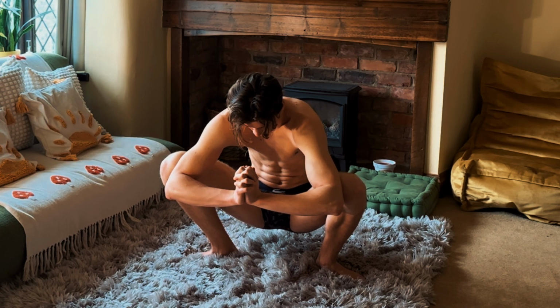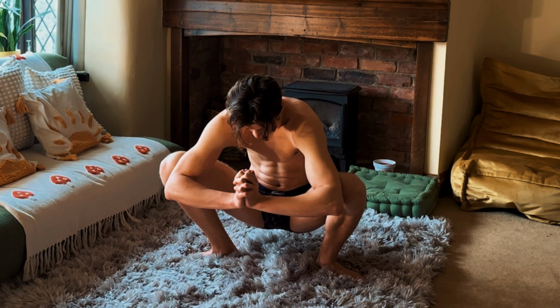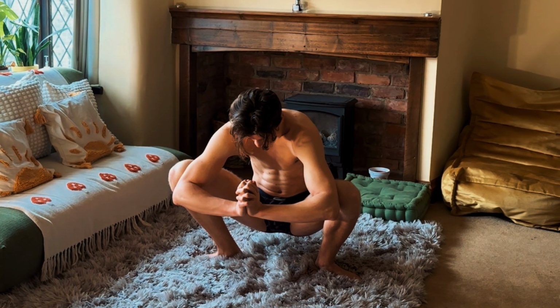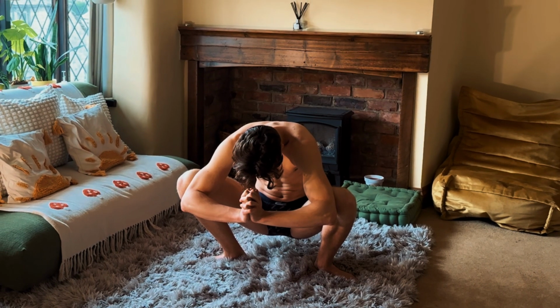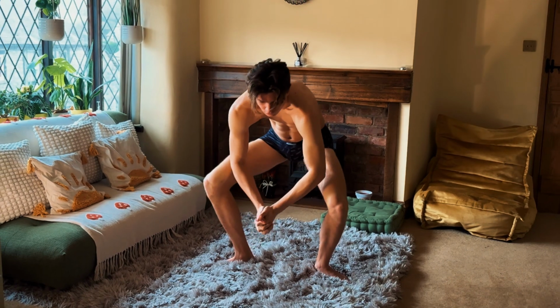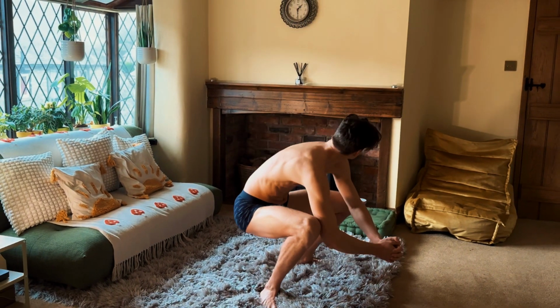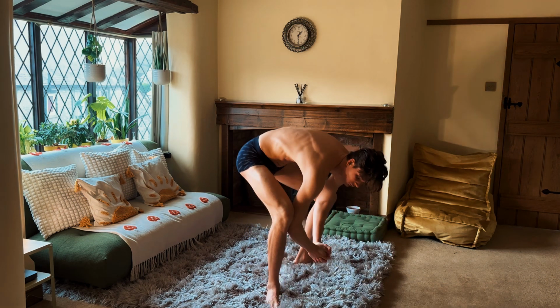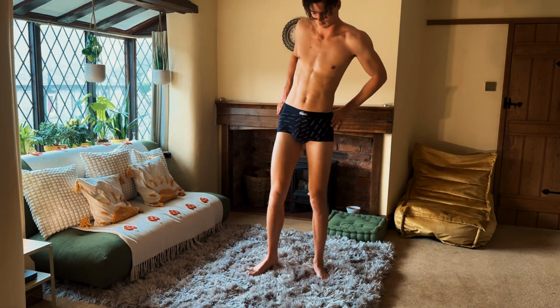Along with the Seiza sit, which we did as the second stretch, this is a really good one that you can just incorporate into your life. Just whenever you get a chance, you can literally just sit down and do this. This is going to be a really good practice one. My back is quite rounded, which is mainly a result of me putting my hands